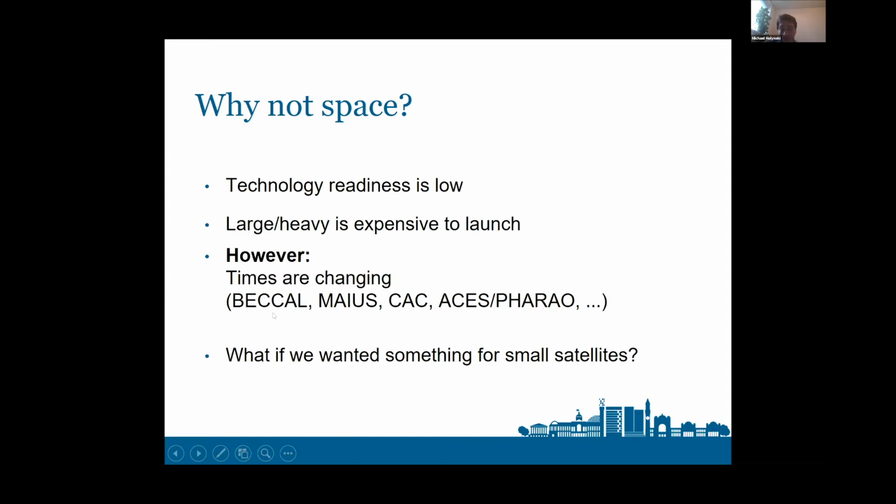We have things like Becquerel, the Cold Atom Lab, MAIUS. These have all shown that there is actually a trajectory where the technology readiness is improving. And now we can say cold atoms are working in space. So the game is changing, and we can start to think, okay, what can we do maybe on the atom